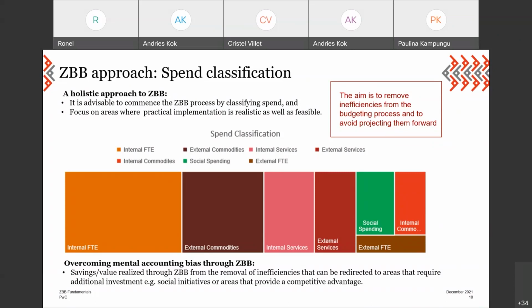So it's important to not just go at this without considering all players and all stakeholders involved, and to consider where you might have more reasonable or realistic success in the short term, start there, and then move your way towards the rest of the organization.